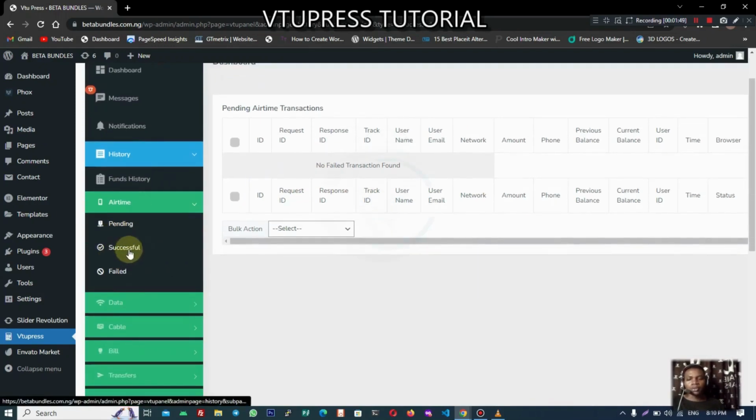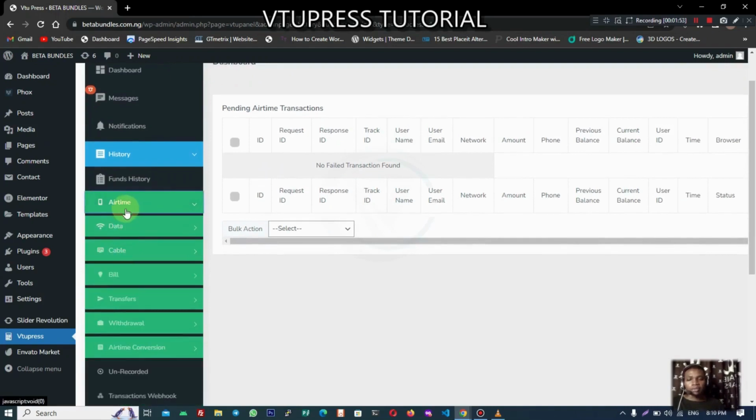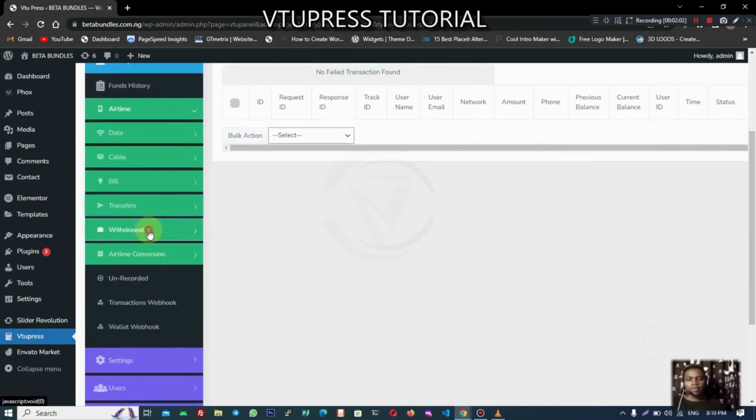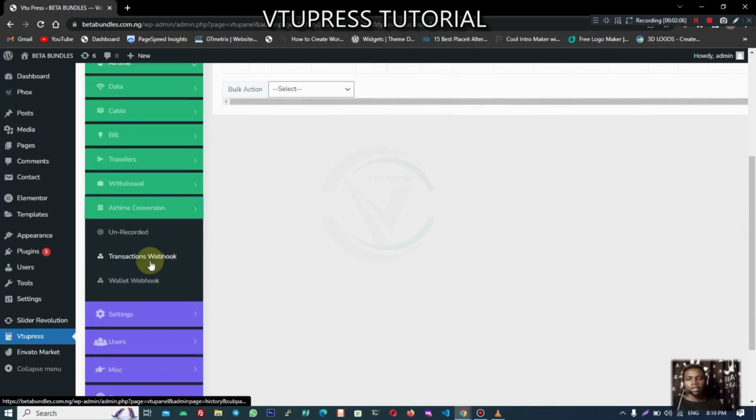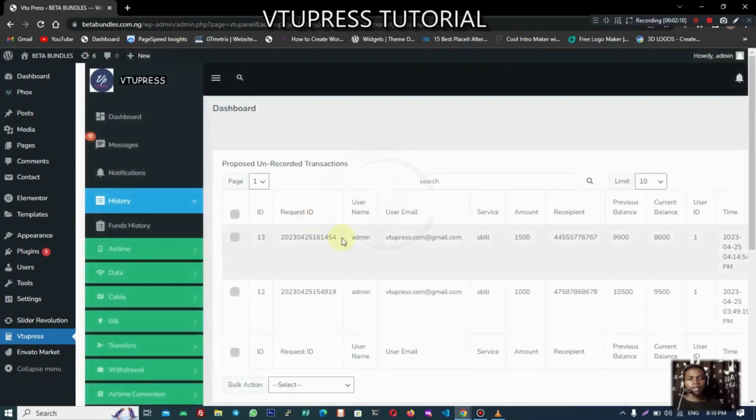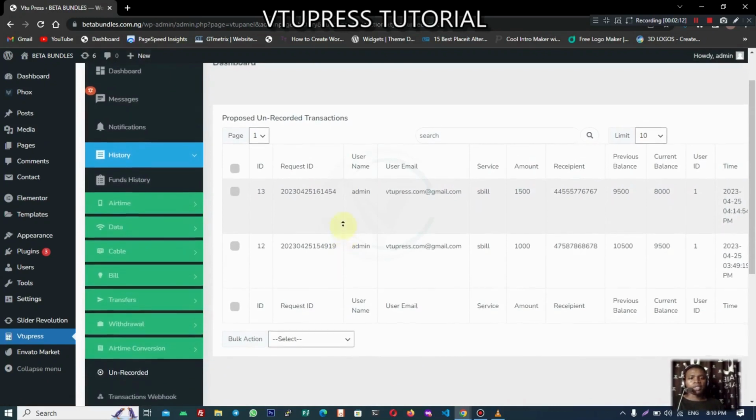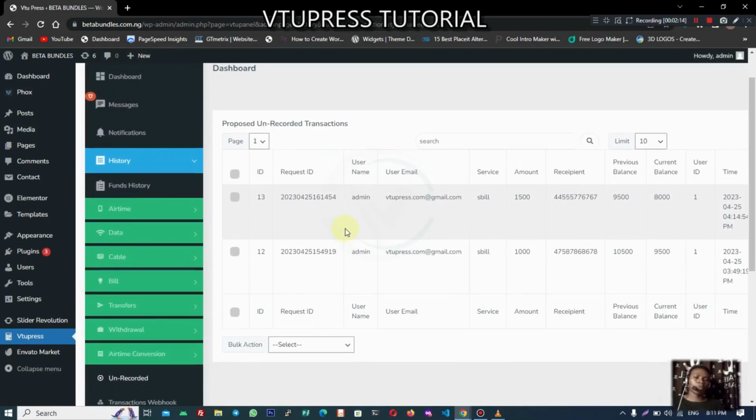So the successful ones, these are just logs. The failed ones, failed airtime purchases, and so on. Same applies to the data, cable, the bill, the transfers, the withdrawal requests, the airtime conversion, the unrecorded. This unrecorded here is very useful in the sense that in some cases some people are having a very poor